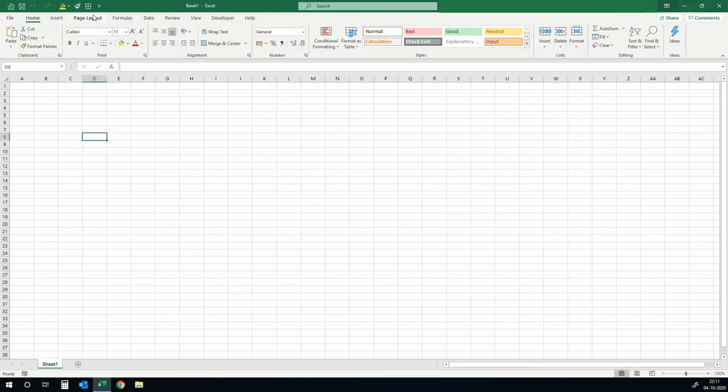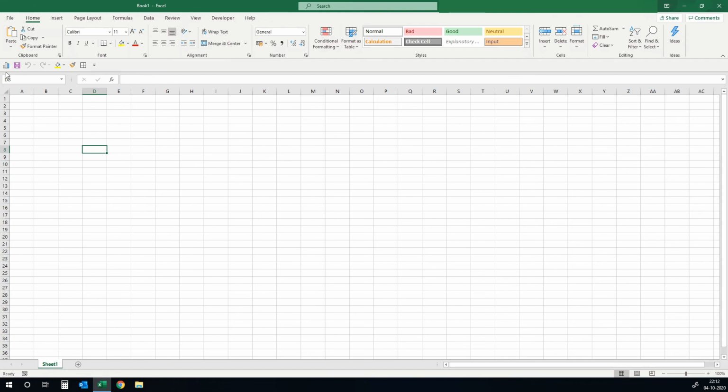Excel also allows us to position the Quick Access toolbar either above or below the ribbon. To keep it under the ribbon, right-click on any of the tools and select Show Quick Access Toolbar Below the Ribbon. To position it back to the top, right-click any tool again and select Show Quick Access Toolbar Above the Ribbon.